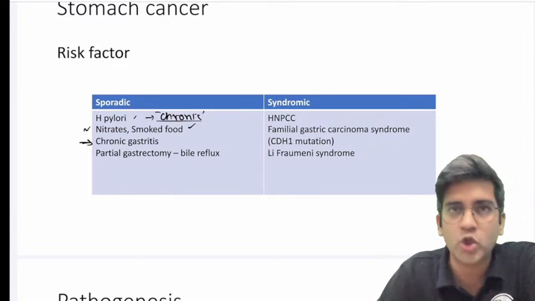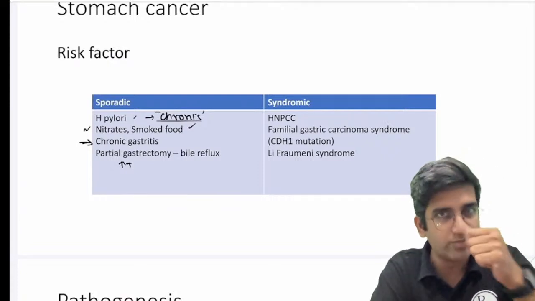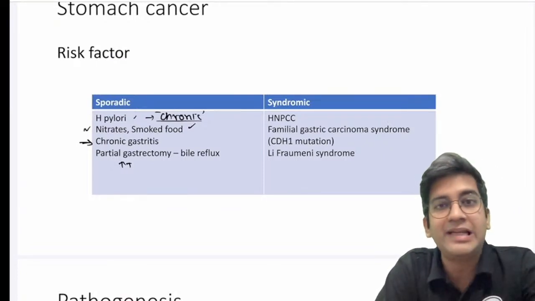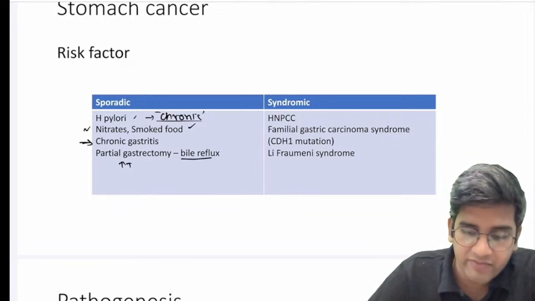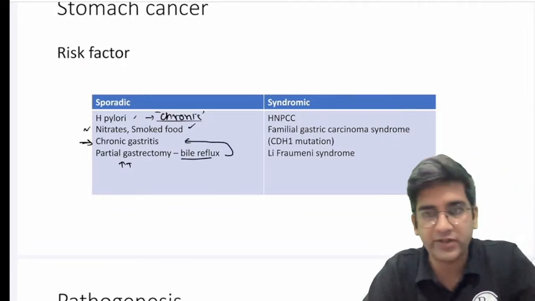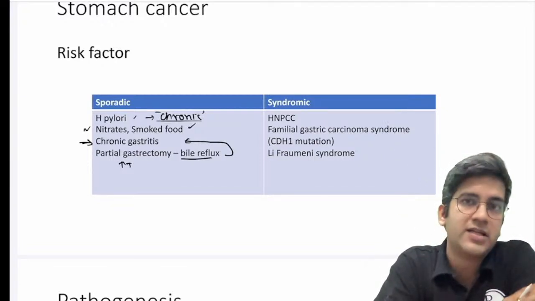Pylori, could be an autoimmune cause, could be bile reflux and partial gastrectomy. Whenever you remove the stomach as a part of some other disease, especially the pylorus region, the sphincteric action is gone. This will result in bile reflux. This again will cause a chronic gastritis indirectly. Fine. Okay. So which also increases the risk of sporadic carcinoma of stomach.